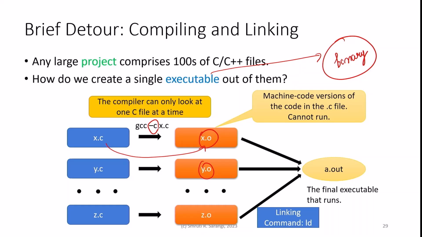These object files are what? They are essentially the machine code representation of the function. But kindly bear in mind that not all functions will be defined in an object file. For instance, the factorial function may be defined in y.o and x.o may be referencing, maybe invoking, the factorial function defined elsewhere. So it is finally the job of the linker to take all the object files and construct one